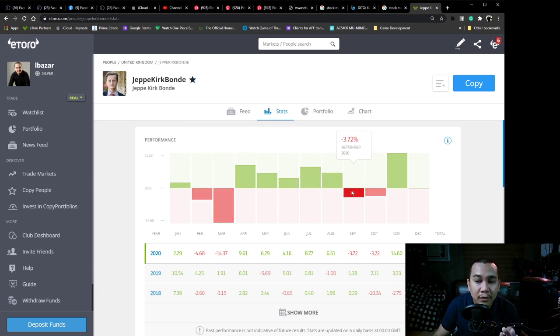So this is the no guarantee part. Doesn't mean that he's performing well for this month, we cannot guarantee if he's gonna perform well for next month. It might be a red for December, might be red for January. No one knows. The risk is there, right? But you can see his performances the last few years, even 2018 performance. You can see, right? So you can gauge if this person is the right one for me to copy. That's how transparent eToro is.